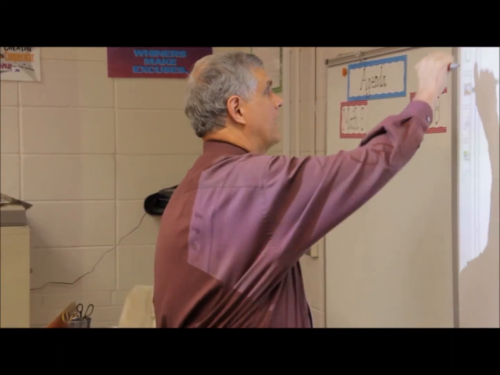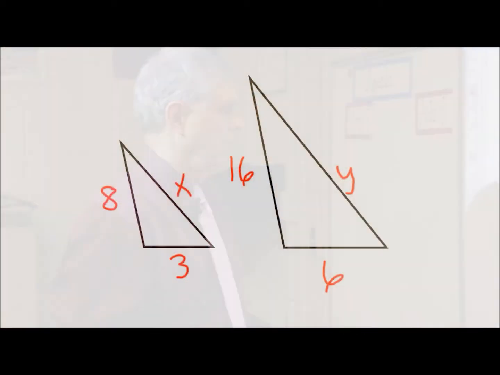Let's now take a look at similar triangles. I told you that the triplets are always similar triangles, but these aren't triplets here, and they happen to be similar triangles. So if a problem tells you they're similar triangles, and they want to know a relationship, all you have to remember is that you have to match up the ratios with the proper sides. For instance, I can say 8:16